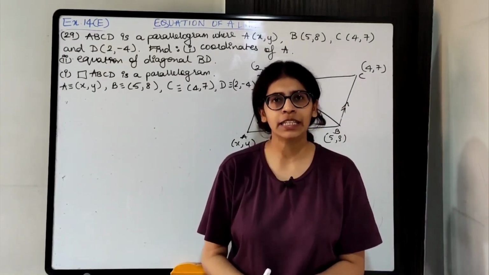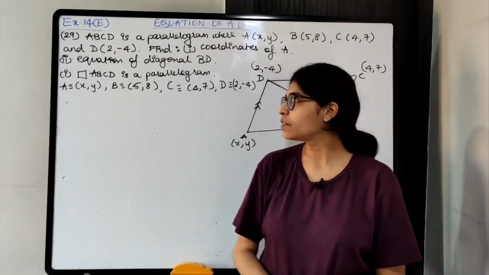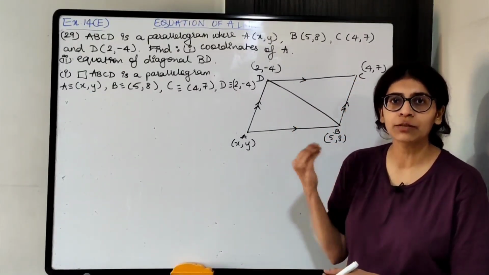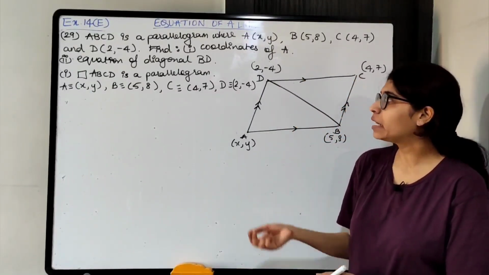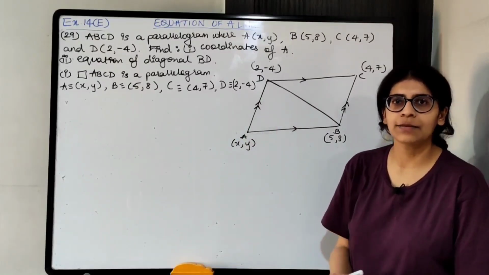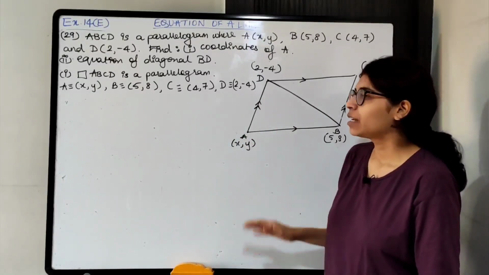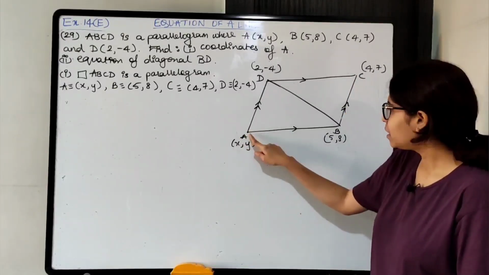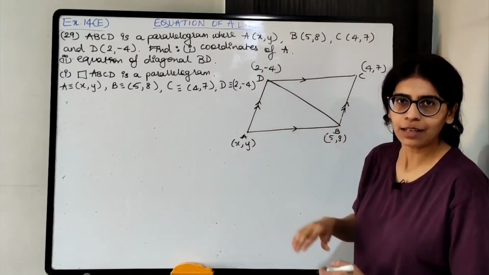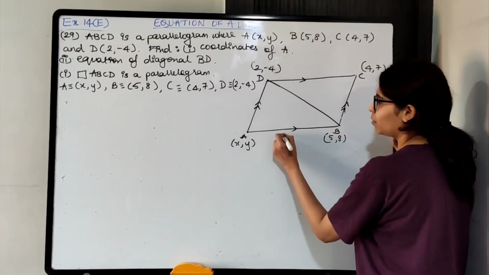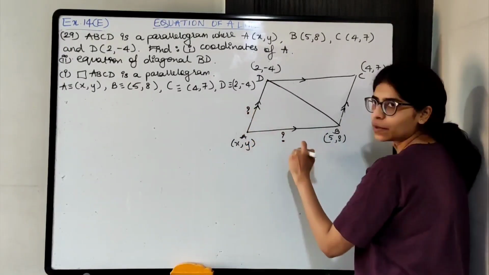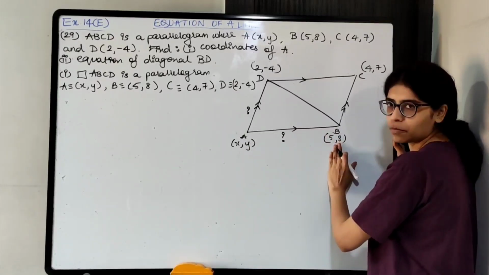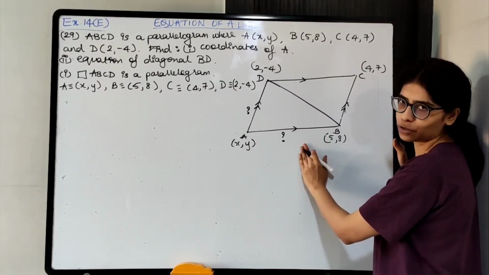First draw the figure and then write down the given information. We are told that quadrilateral ABCD is a parallelogram. Write it down because we'll be using the properties of parallelogram. Write down the coordinates of the vertices ABCD. Okay. Now we need to find coordinates of A. For that we need the equations of AB and AD. है ना? AB और AD का equations find out करना है. For the equations we need one point का coordinates. AB के लिए one point का coordinates पता है, slope find out करना है.